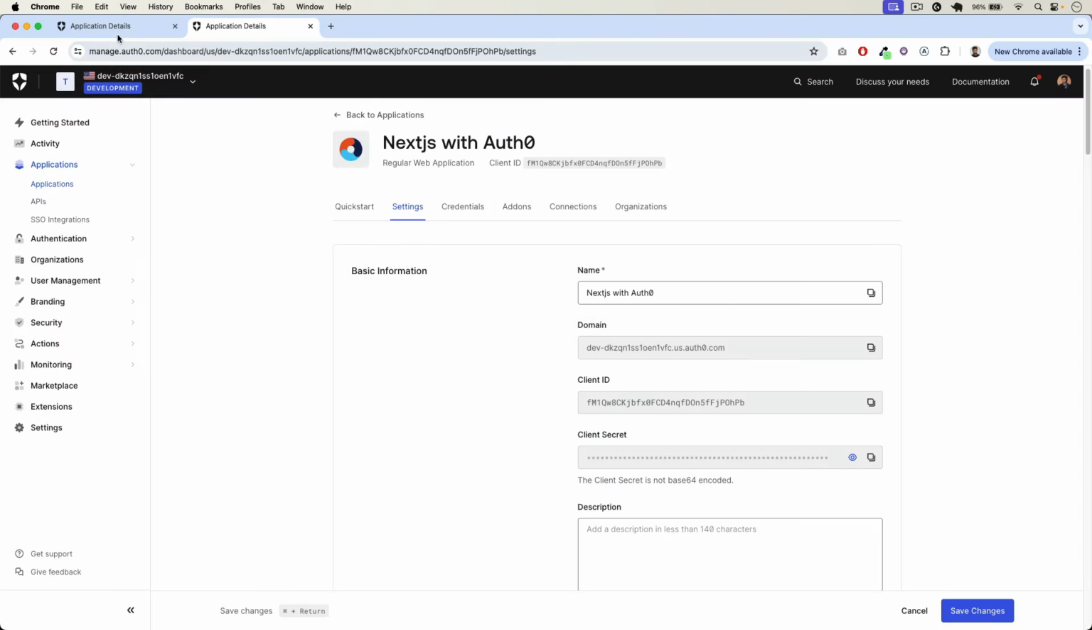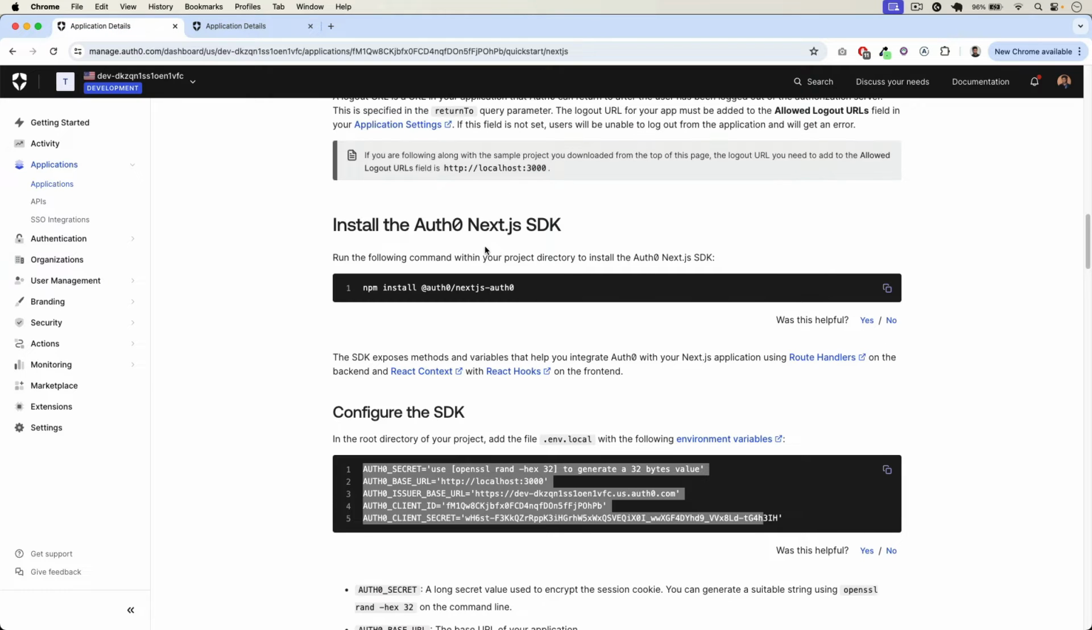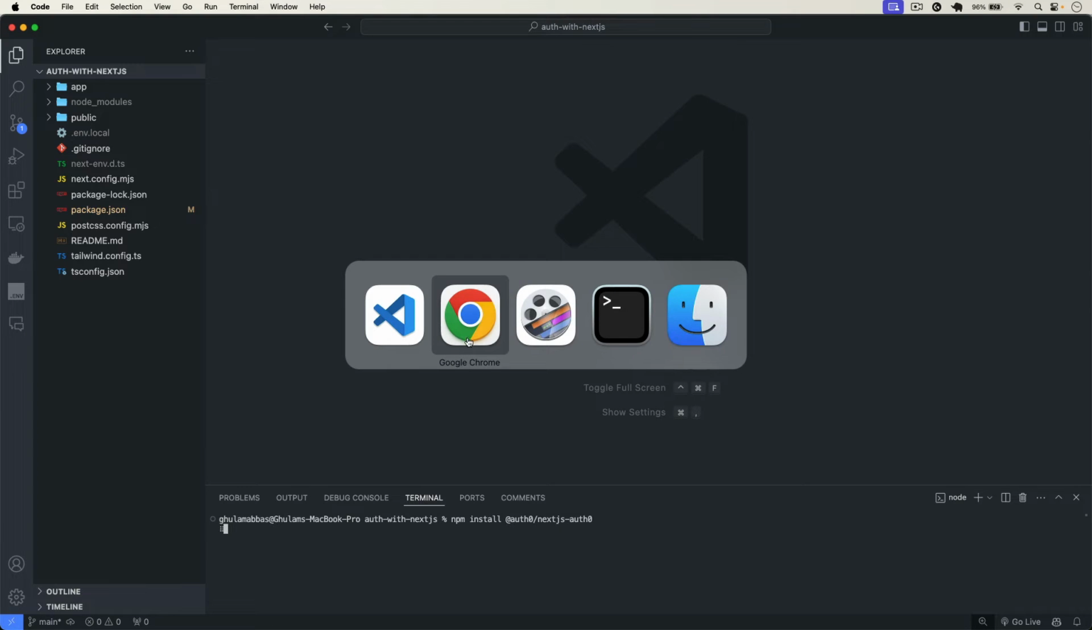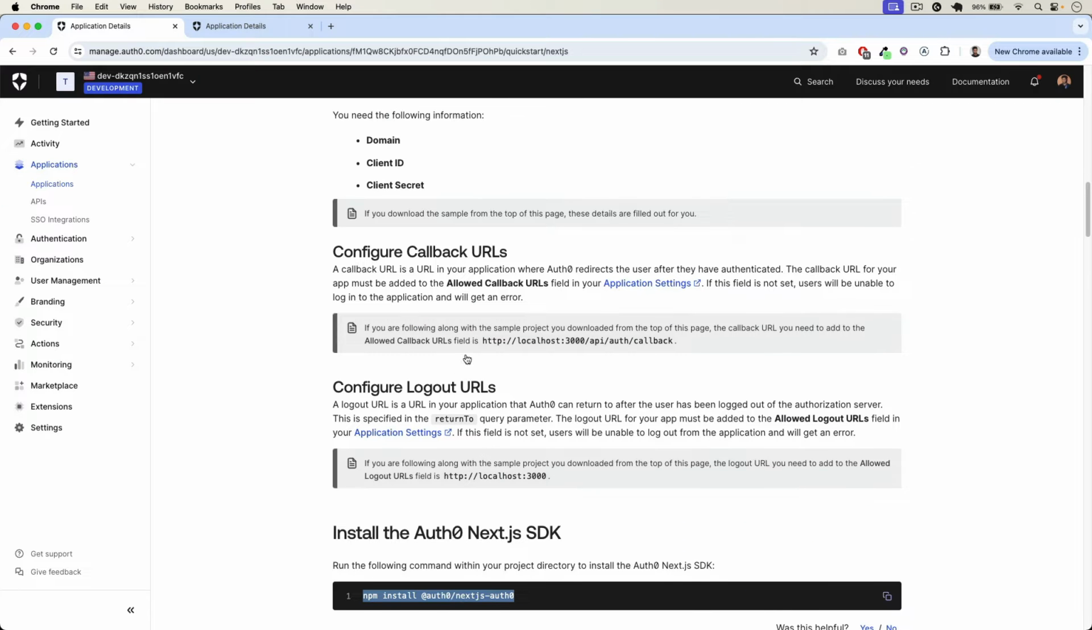Now let's go back and we have to install this Next.js SDK now, that is auth0/nextjs-auth0. So let's install this package for our Next.js application and I will install that. Now let's go back, and now we have to first of all add in here the callback URL and logout URL in our settings. So I will copy this callback URL from here, that is going to be localhost port 3000